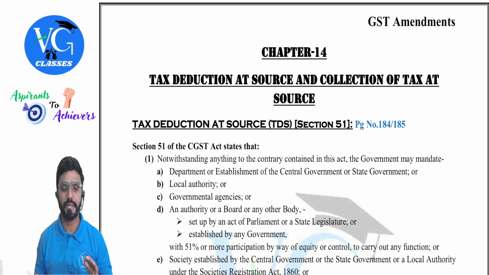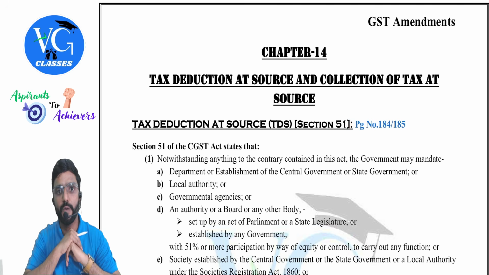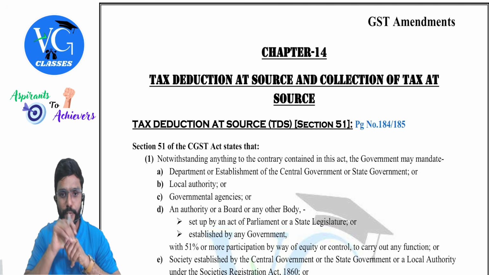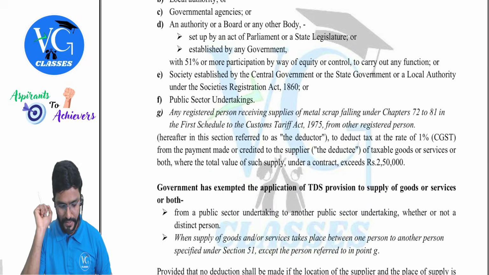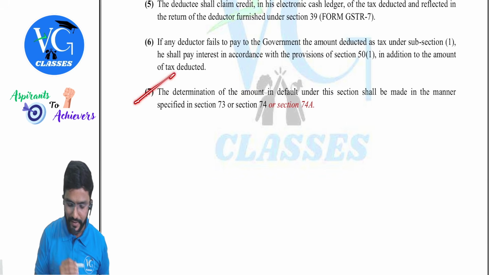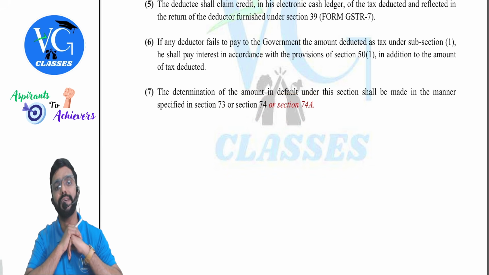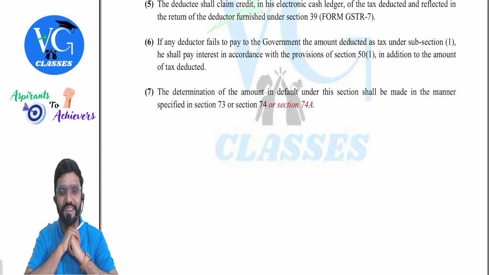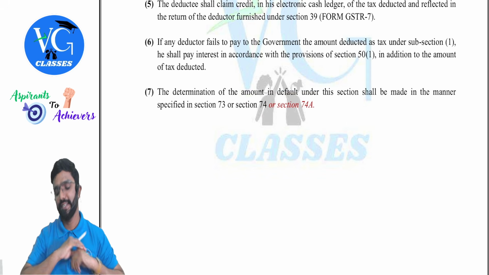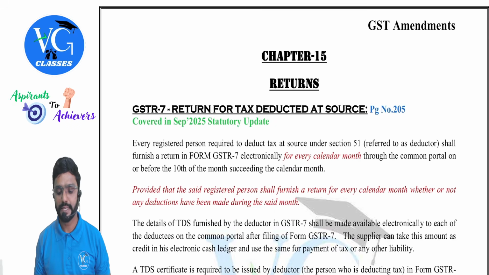Next amendment is in chapter 14. TDS, guys. Come to page number 184. Yes. So what is the amendment? So here also small amendment in subsection 7. 73, 74 was there. Now add even 74A, guys. Add 74A. That is an amendment. Okay. The last amendment is